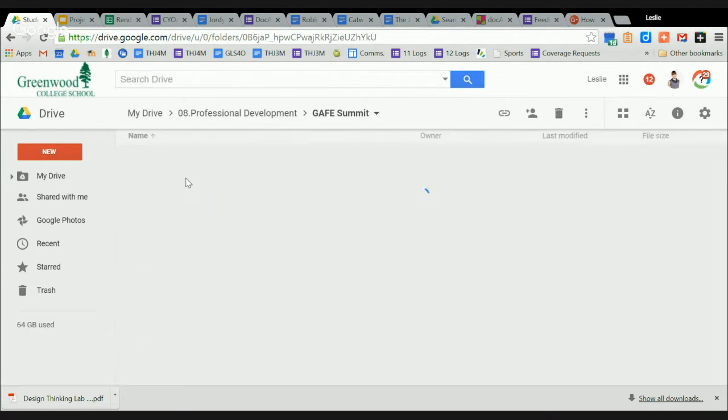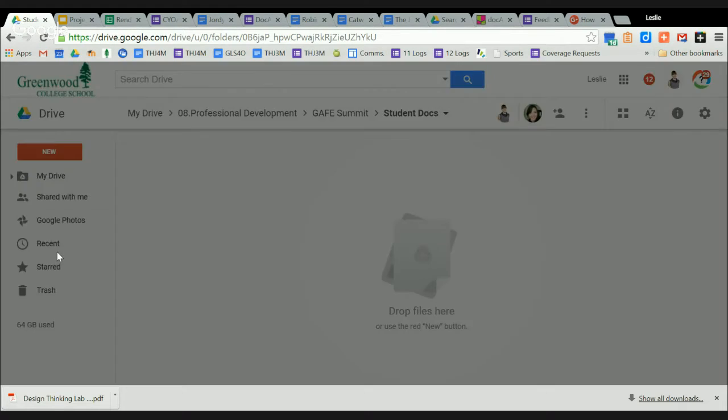You go into your student docs folder, and what you need to do is create a blank document with the name of every student, or the name of whatever it is you want the document to be called that you would share with the student. So I might make one for,